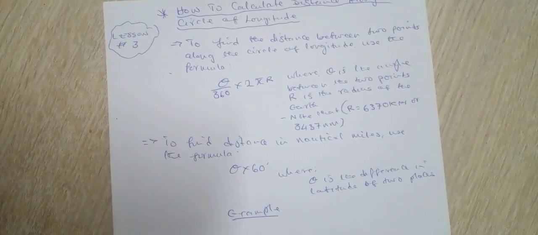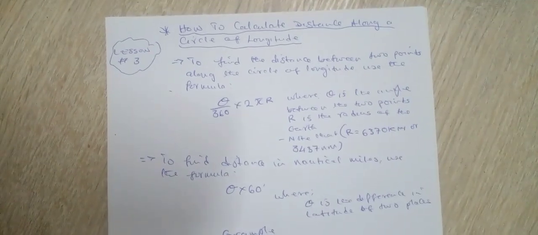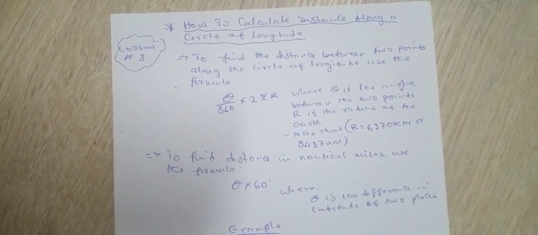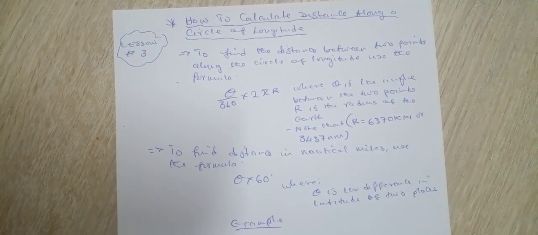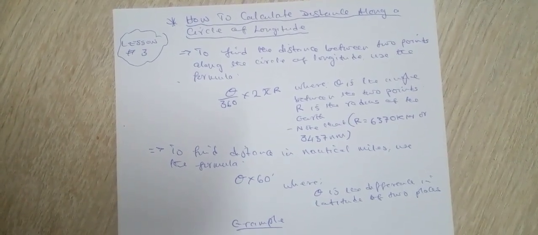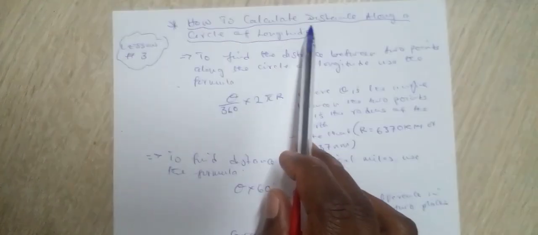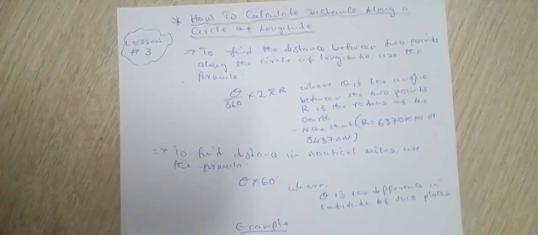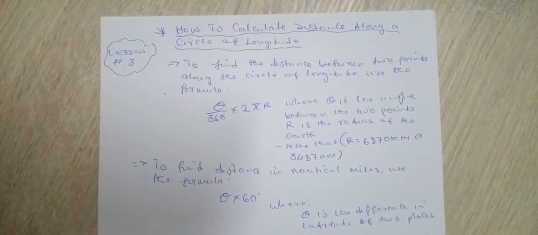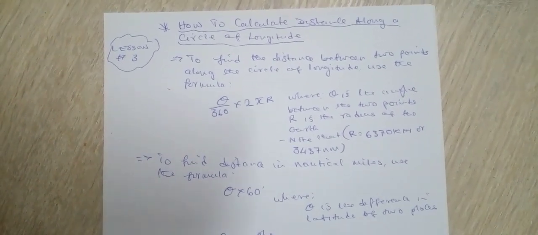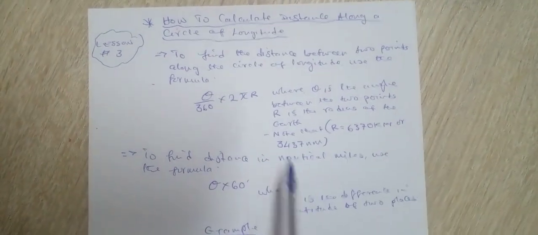Hello, good people. It's another time we want to look at earth geometry on a particular subtopic, or we can say specific outcome, or objective, on how to calculate distance along a circle of longitude. Very important part of earth geometry. It comes in paper 2, even in paper 1 when you're trying to calculate speed, but mostly in paper 2